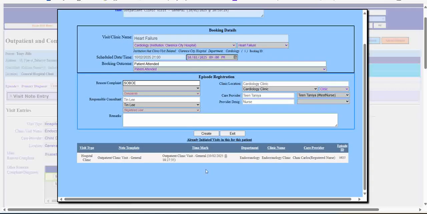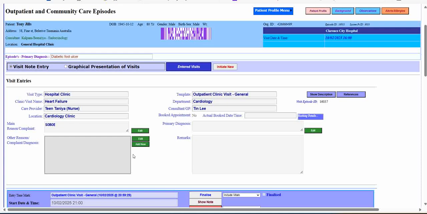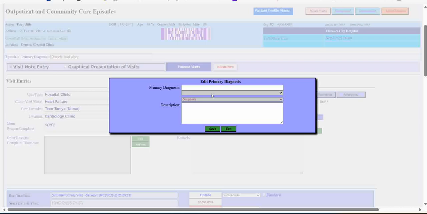Now here it shows what is already initiated. That's something you can have a look at. So create, right? So it's created. Now it has come with the information I have already given there. You can put additional information here. Let's say if you have a diagnosis here, you can put the diagnosis. Might be heart failure,